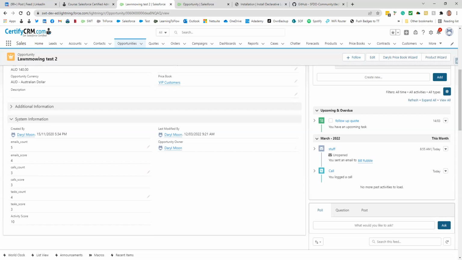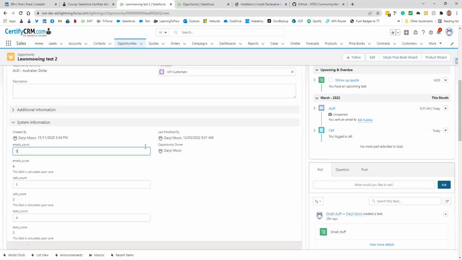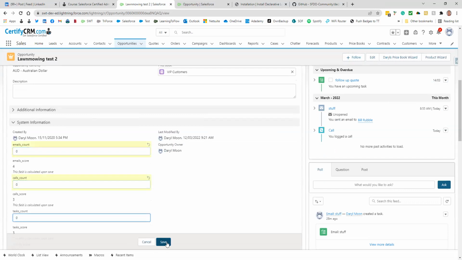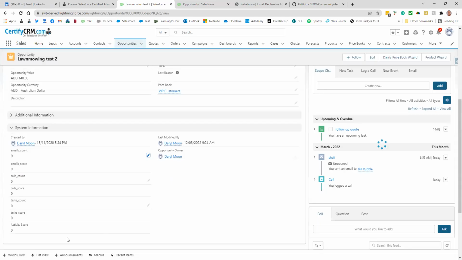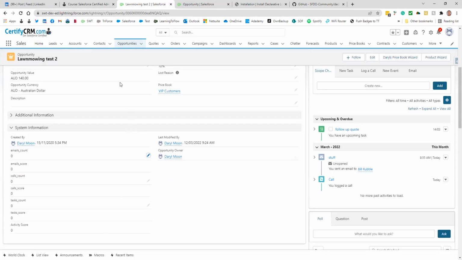So we're weighting the scores and then we're adding up those scores to give our final activity score. Right, I'll just set these back to 0 so that when we get DLRS calculating, it will all work correctly. So it should all be set at 0 at the moment. Okay, so next step is